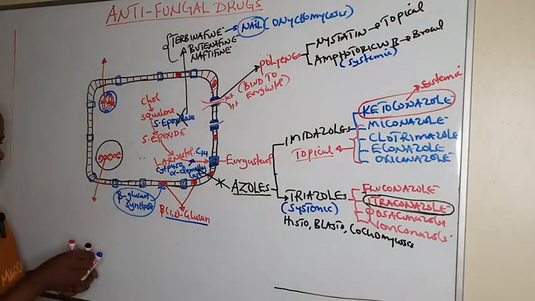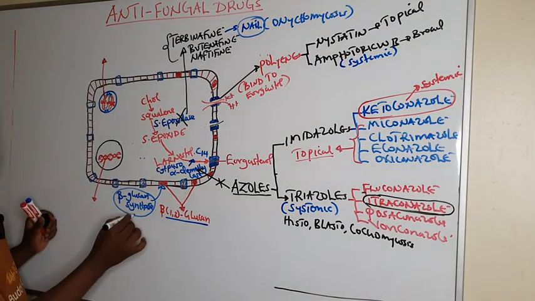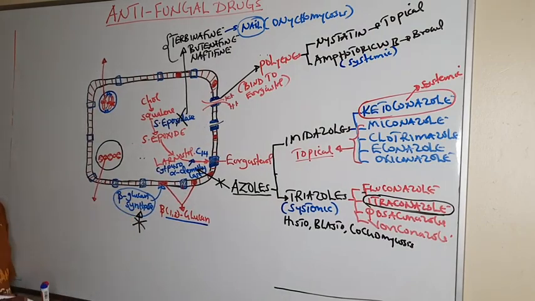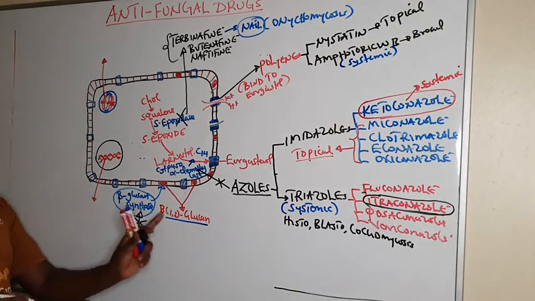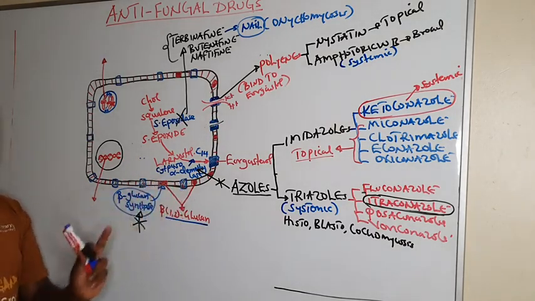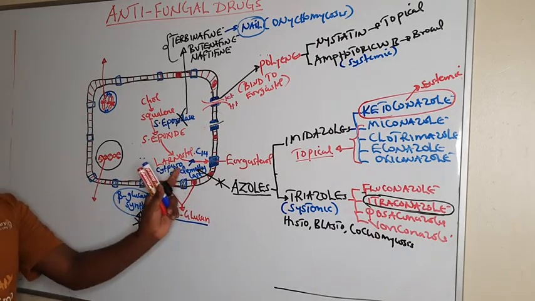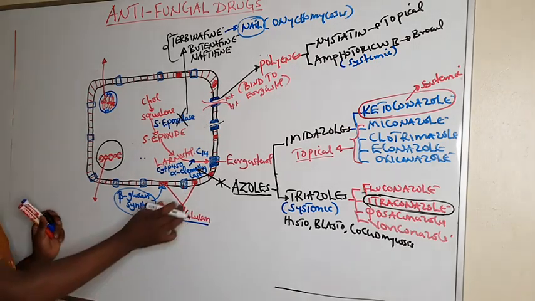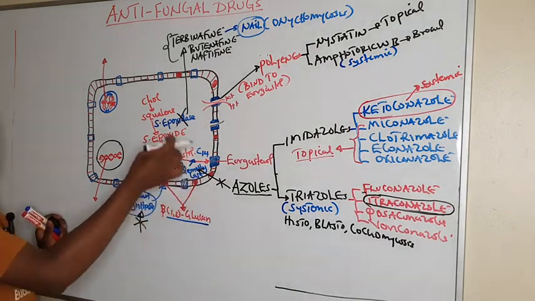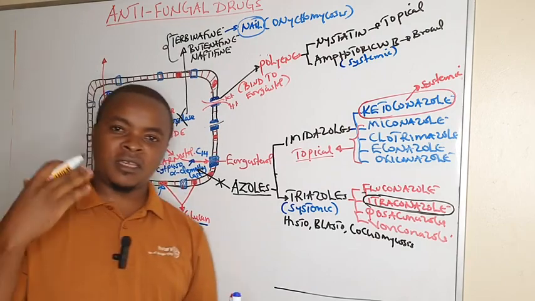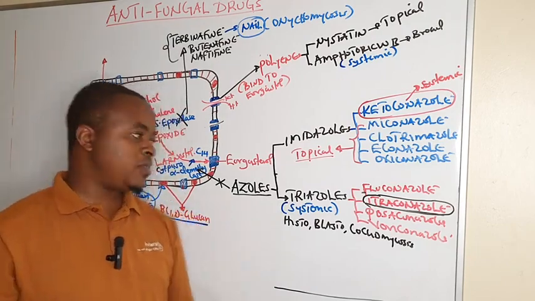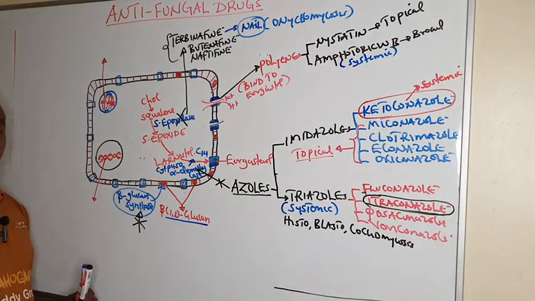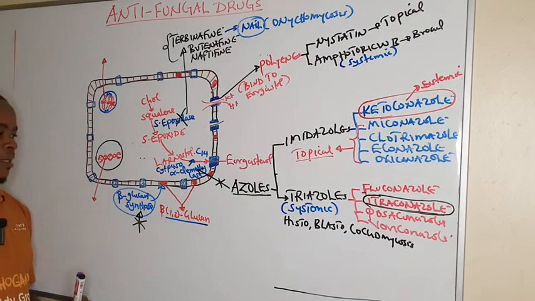There are certain drugs which we can use to inhibit the beta-glucan synthase enzyme, hence we cannot form these beta-glucans within the cell wall, creating pores leading to the leakage of the intracellular content. Because without the beta-glucans, the cell wall cannot be intact. The pores will be there, leading to the leakage of the potassium, hydrogen, and other intracellular contents, leading to fungal